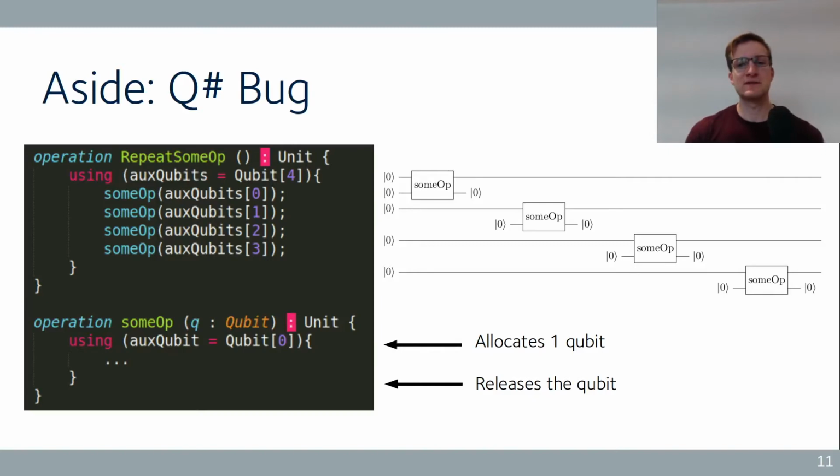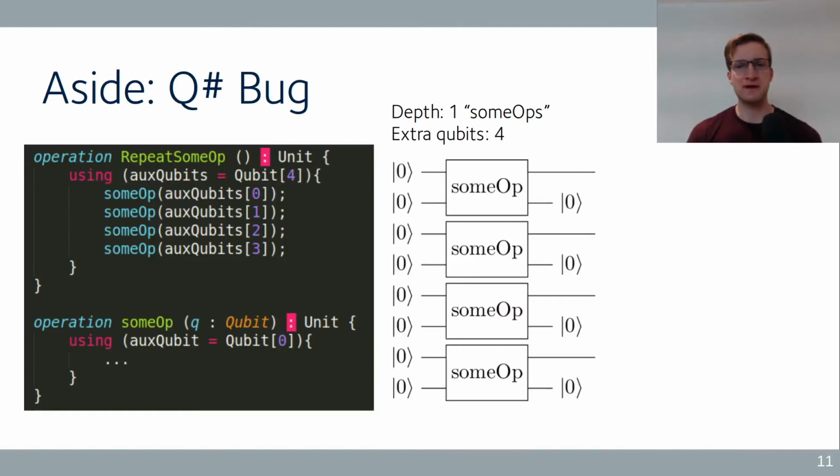So again, naively, the circuit would look like what's on the right here, where it allocates a qubit and then releases it. So this has depth of 4, and what Q-sharp will notice is that, well, once the first run of SUMOP releases its qubit, we can reuse that qubit for the second run, and again for the third. So we only need 1 extra qubit for all 4 calls to this extra operation. Of course, you could also parameterize it differently. You could run them all at the same time, and again do it in 1 depth, but we would need